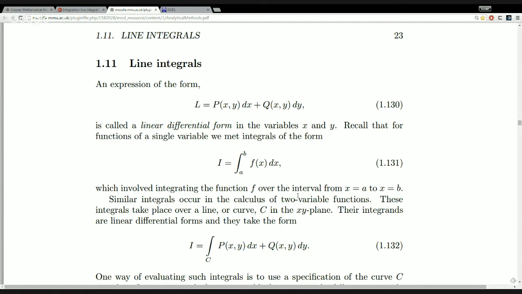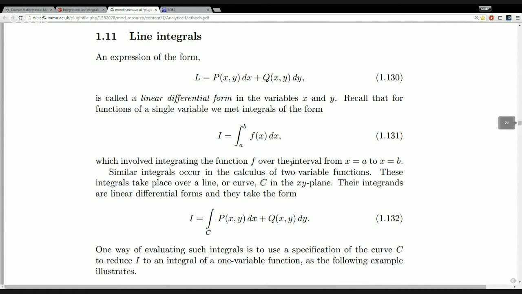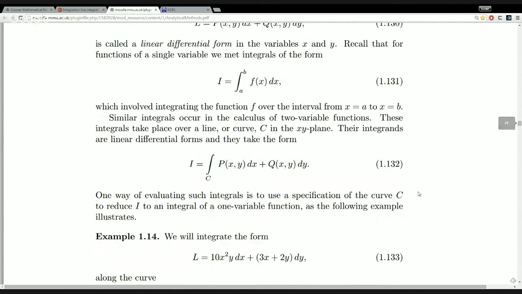From the one-dimensional case, our basic picture of an integral is like this object I here, integrating from a to b, summing up the values of the function f along that interval from a to b. So we're going to generalize this to functions of two variables. They're going to look kind of similar, except